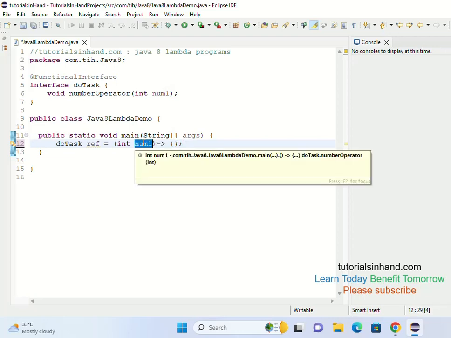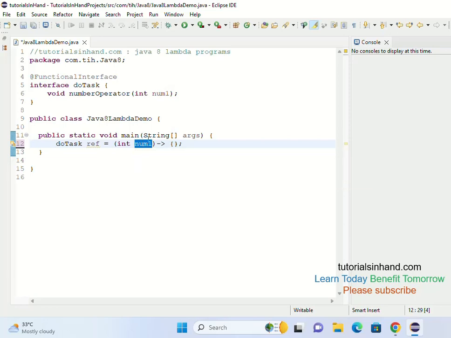And now we will take this number num1. It's not necessary that you take num1, you can give it your own name, like you can just take n. So this knows that I need one integer variable, and I will keep the value that will be passed as a parameter in n. Now we need to take this n and provide an implementation that prints the square of a number, right?